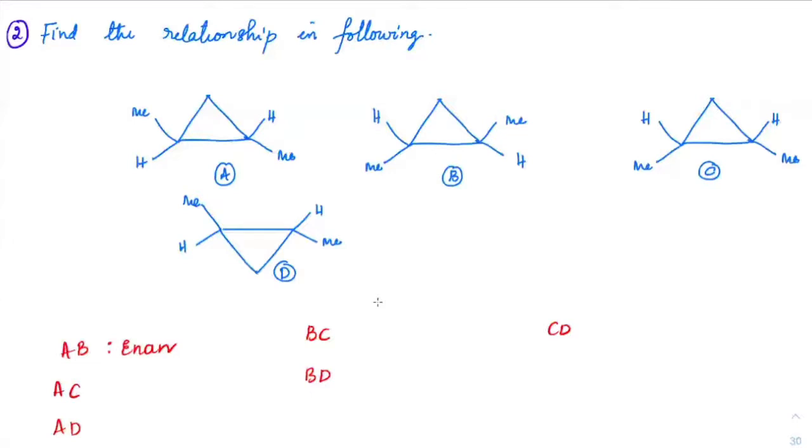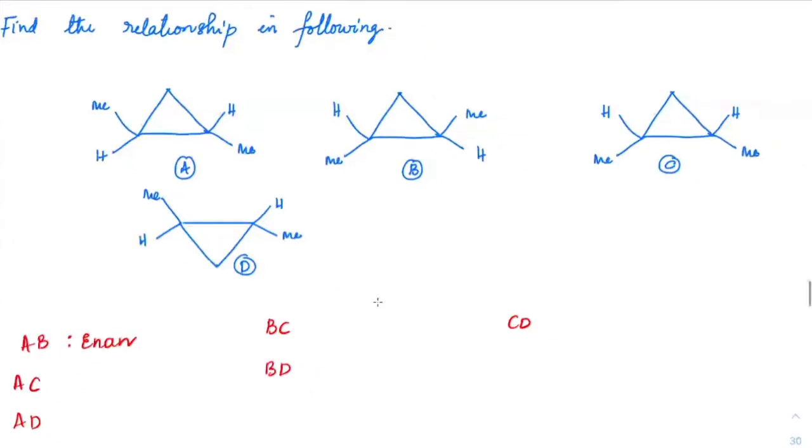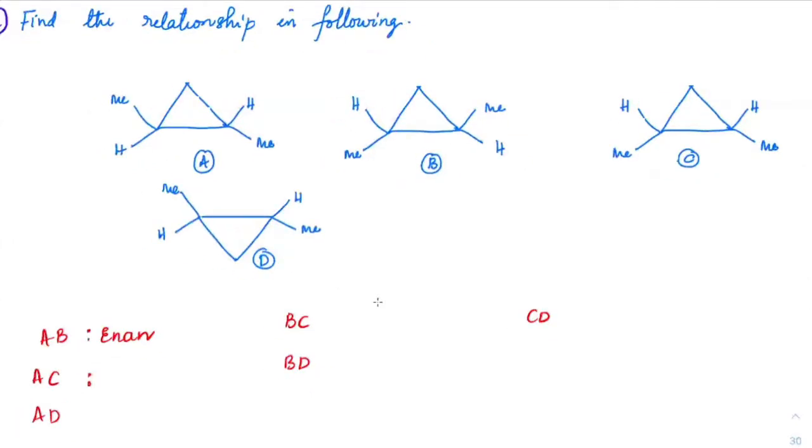Very good. Next, if we check out A and C, diastereomers. A and D: the minute I flip it up, if I bring this up, then this methyl will go up, this methyl will come down. So which is the B form now? Can you see B and D are identical? Yes, sir. Everybody is able to see that B and D are nothing but identical. Okay. So therefore A and D will be the same as A and B. So what are those? Enantiomers. Next, B and C.